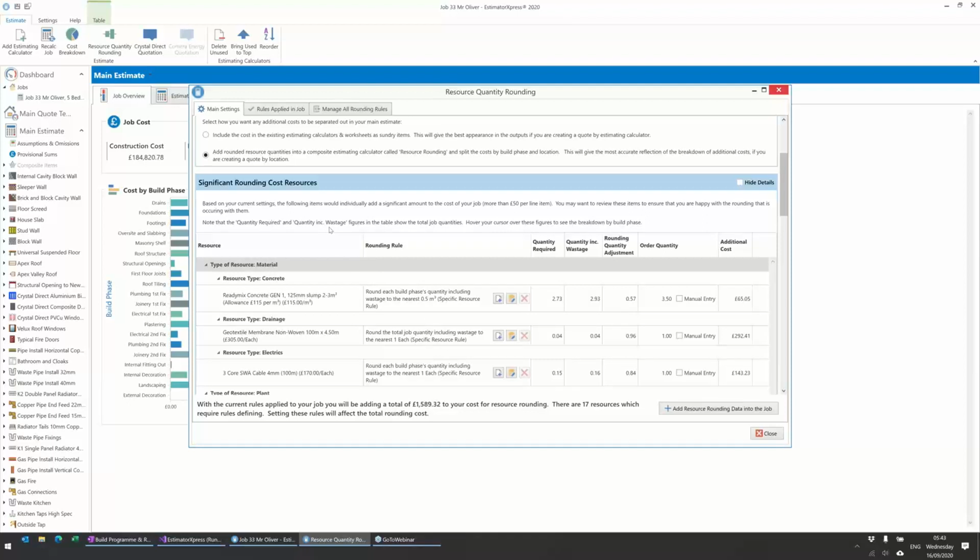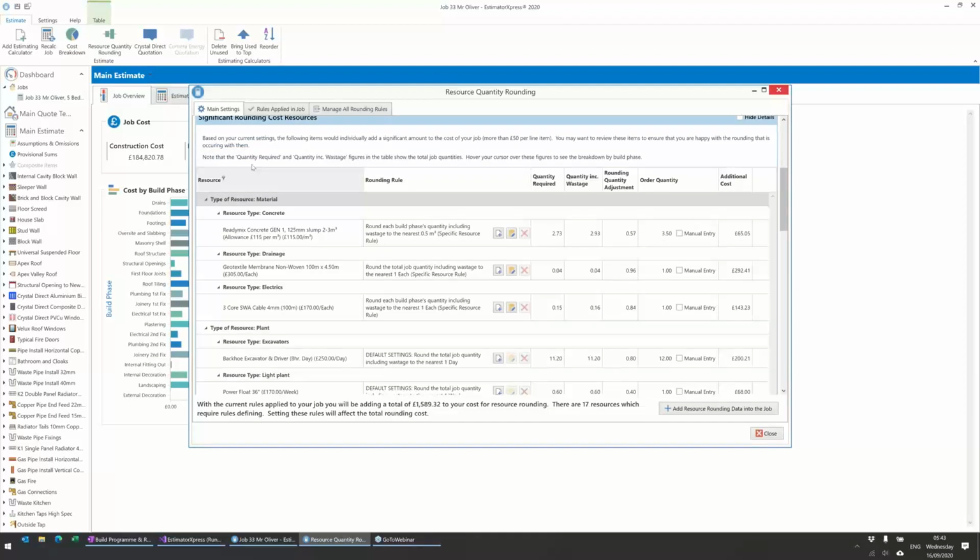So the significant rounding costs. This is just highlighting for you certain items from the total list, and saying, these are the ones that are having the biggest impact on getting you to £1,600. So you might want to review to see whether they're correct. So yeah, this